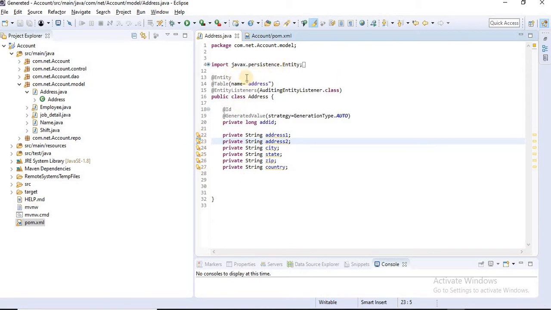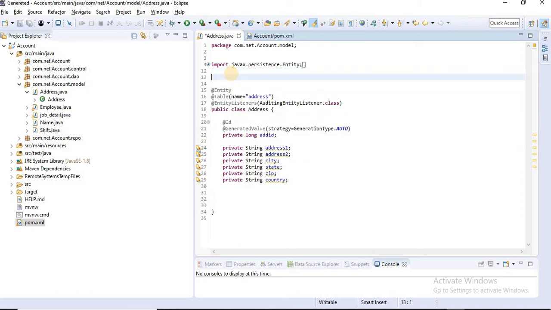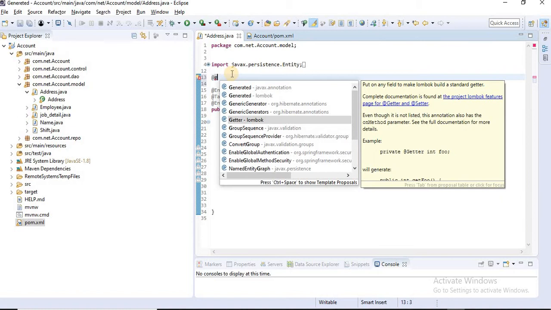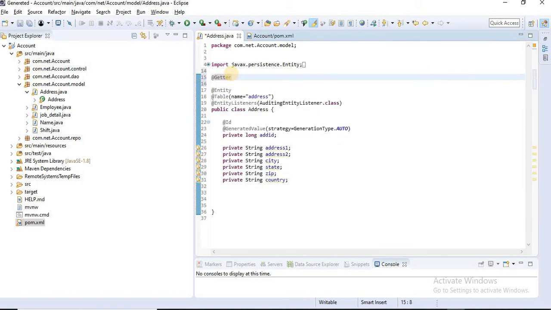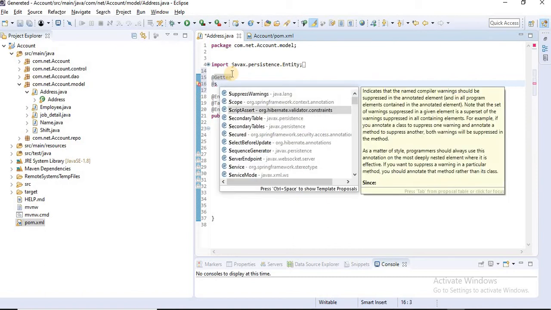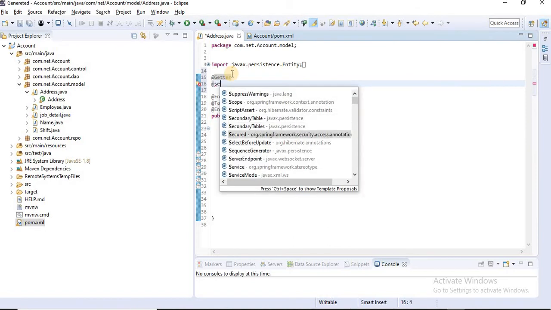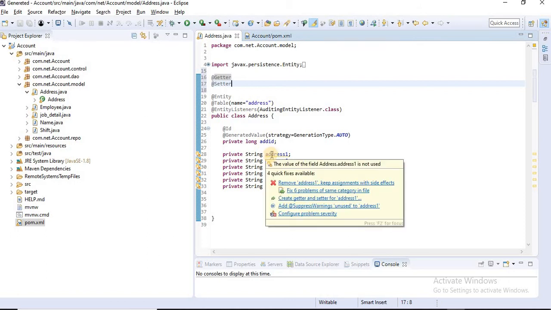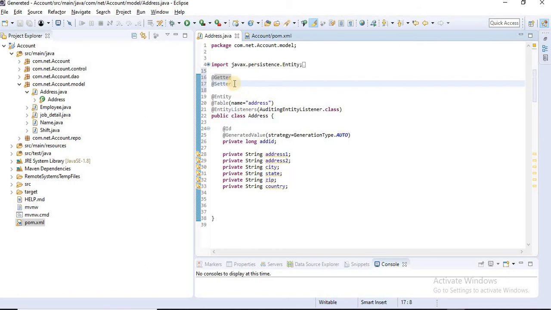Then I'll simply add @Getter from Lombok, and we can also add @Setter from Lombok. But we are still getting an error here because our getter and setter are not working.